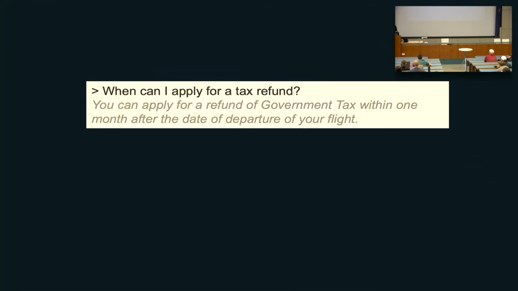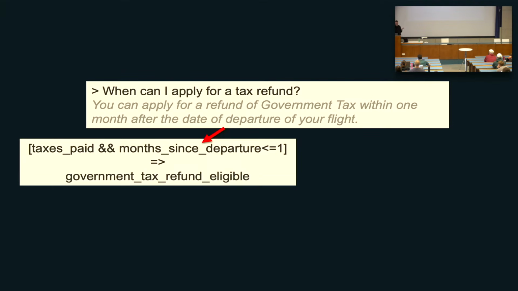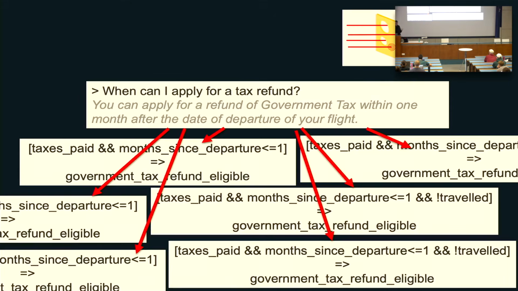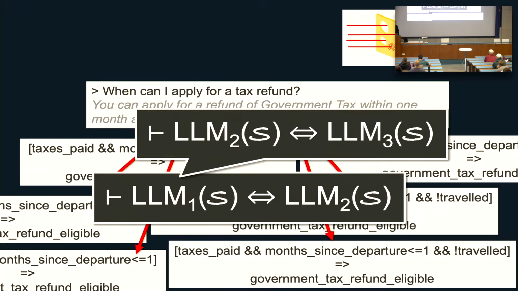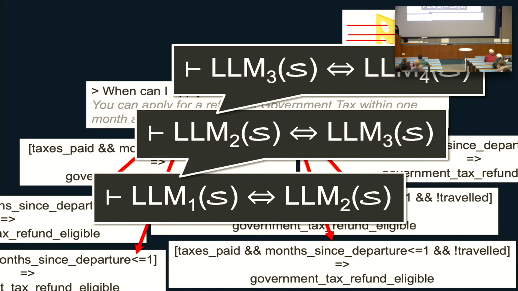An example of this is a customer example, an airline. Very early on, when we were working on one of these products, an airline gave us a whole bunch of Q&A pairs from their customers, and this is one of them. We can translate that into logic, but the likelihood that this translation is sound is pretty low. So we do the Swiss cheese method. We translate a whole bunch of times with different language models, or different configurations of the language model, and then we use the theorem prover to prove that the translations are equivalent. The more we do that, the more comfortable we get that we got the translation right. So this is one of the ways that we're tackling that.